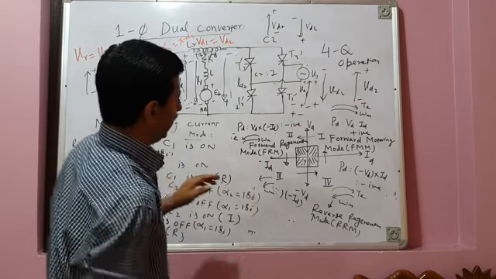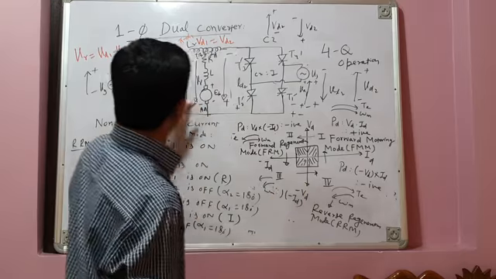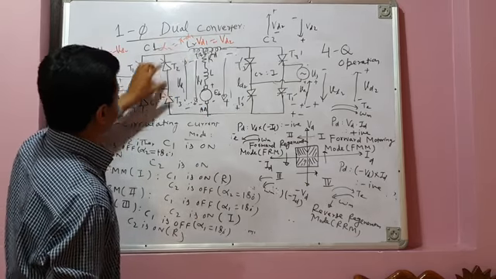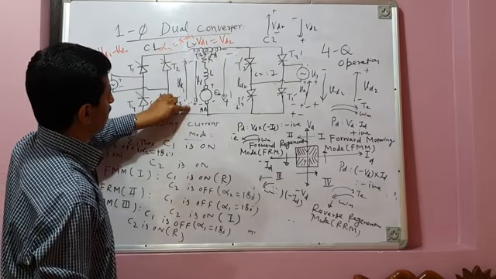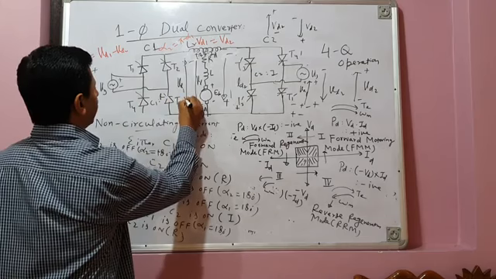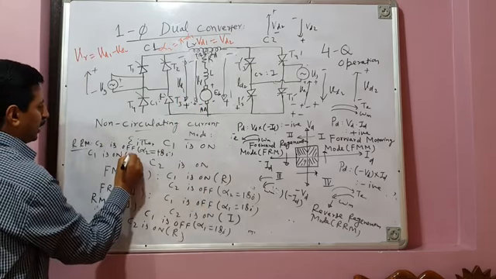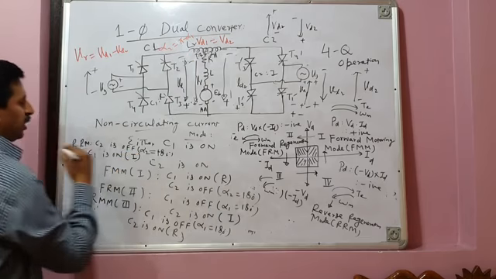But what is average output voltage? Average output voltage negative है. That means C1 को rectification mode में नहीं operate करना है. Rectification mode में ये terminal positive हो जाएगा, ये negative. It has to operate in inversion mode so that this is positive, this is negative. So it has to operate in inversion mode of operation, I.